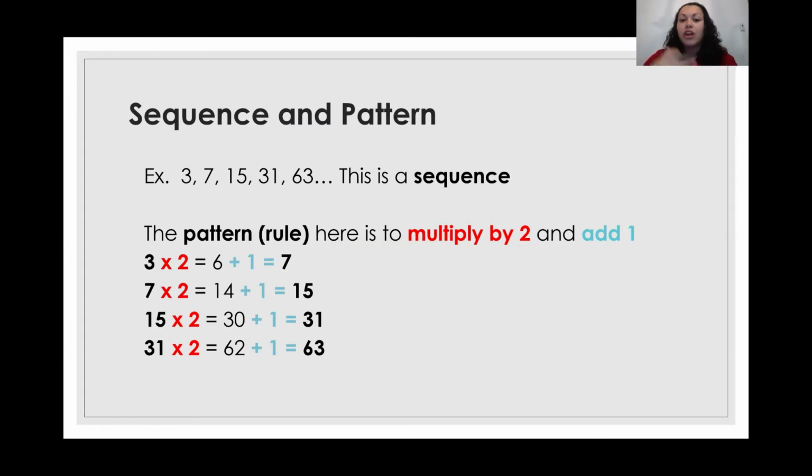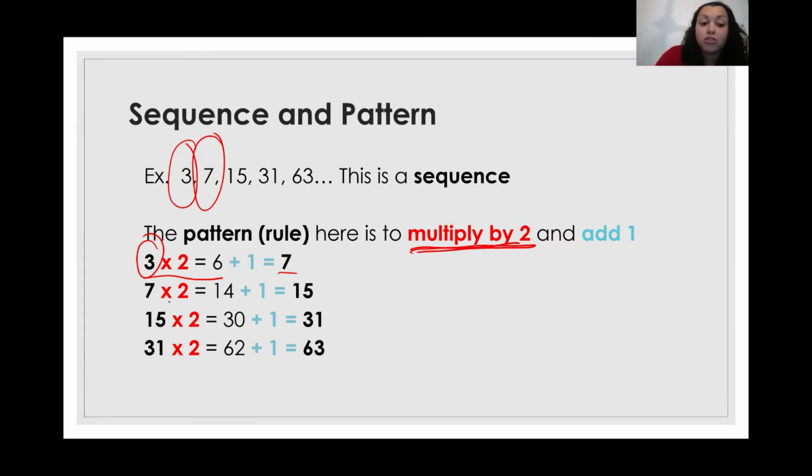So let's see how they form that sequence. We start with the number 3. So we see here 3, and again the first part is to multiply by 2 and then add 1. So we multiply by 2 and we get 6, and we add 1 and we get 7. So that's the second part. Then now we have 7, and the next part is to multiply by 2 and then add 1. So we multiply by 2 and get 14, add 1, and we get 15, which is the next part of